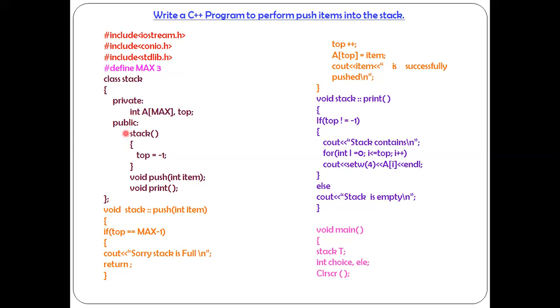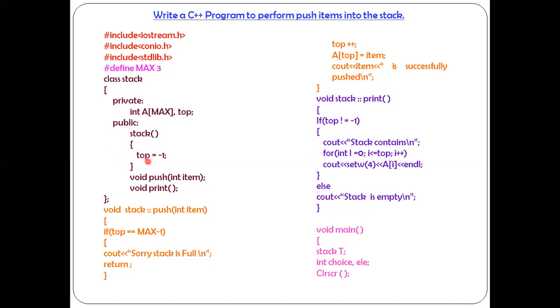Fine. The next line, public is the access specifier, and this is called the constructor declaration. So what do you mean by the term constructor? A constructor is a special member function of a class that is used to initialize the objects of a class automatically. Here we have declared a constructor inside the class. The rule says that the constructor name and class name must be the same, the same thing I took here, stack and stack. The constructor must be declared in the public section. That is what I have declared here.